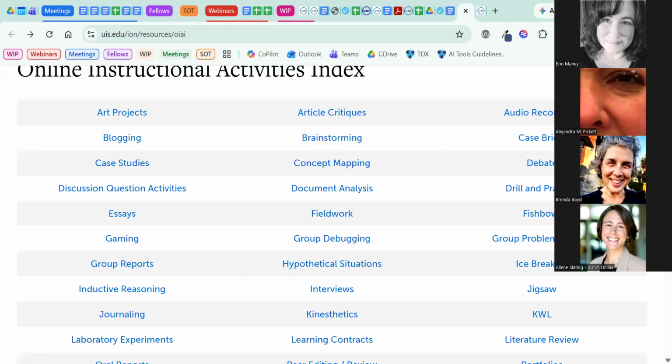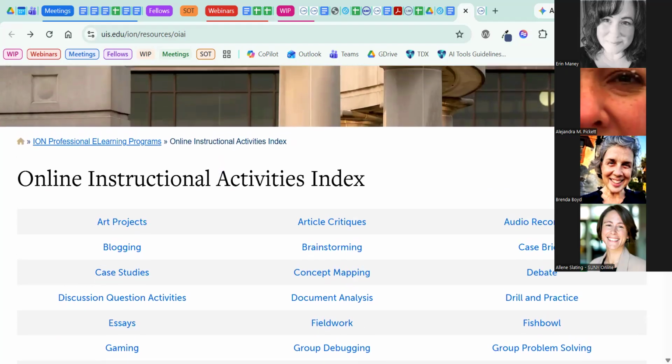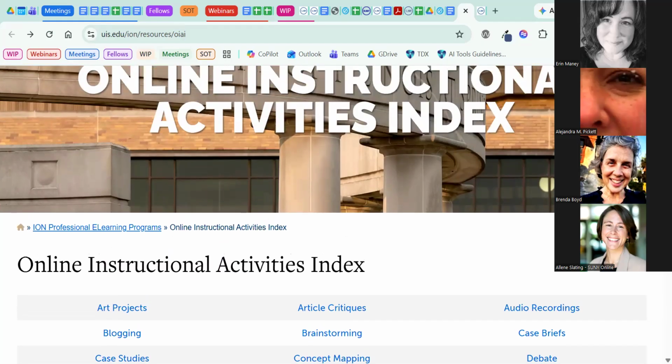activities that were on that initial page. And so this is a resource that you could mine if you're trying to give some feedback to an instructor on the design of an activity. If it's not designed to take maximal advantage of the environment, or if it's just the same type of activity that's not very interactive or engaging, you might look through these activities to see if there's something that would resonate with the instructor or that would fit well with an objective that they have and their content.